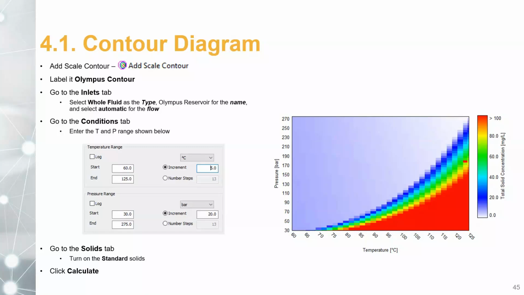Okay, so what you can do is use the minimum pressure that you have during production and the maximum pressure, and the same for the temperature, minimum and maximum temperature, and see across that temperature range and pressure range where you will have a solid precipitation, or where you will have scale risk. Okay, so to do this calculation is really simple.